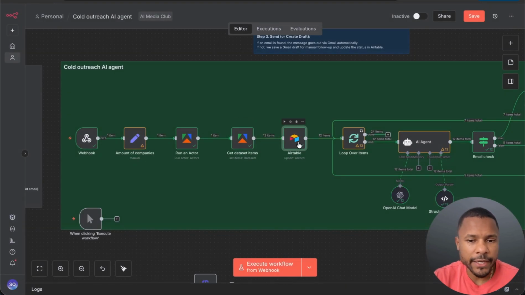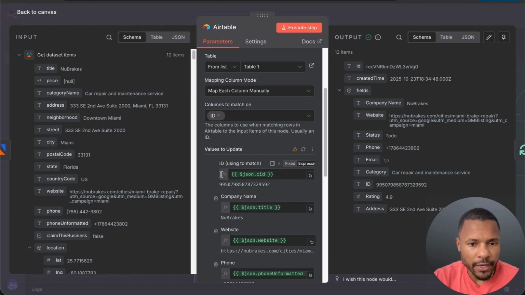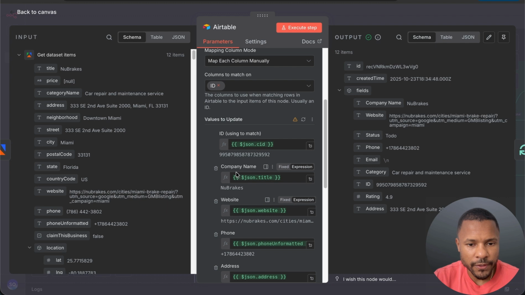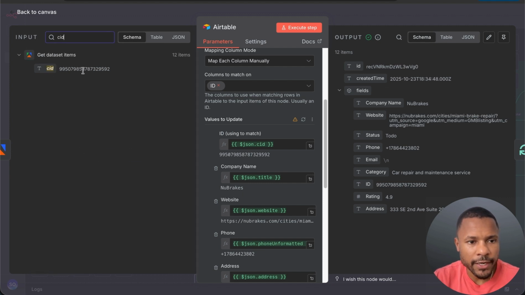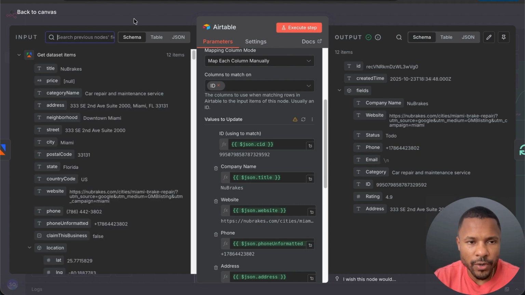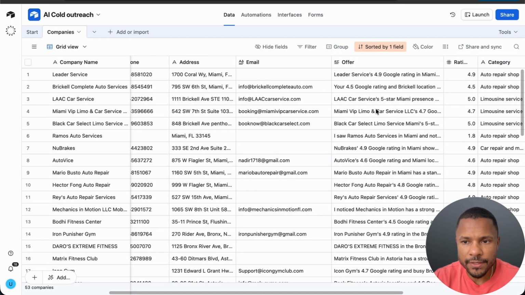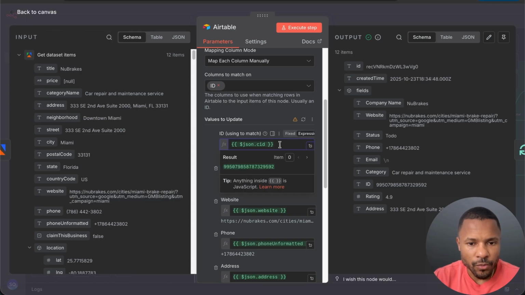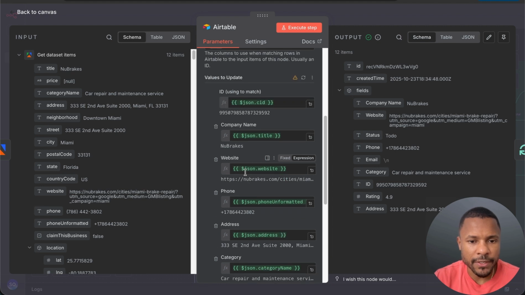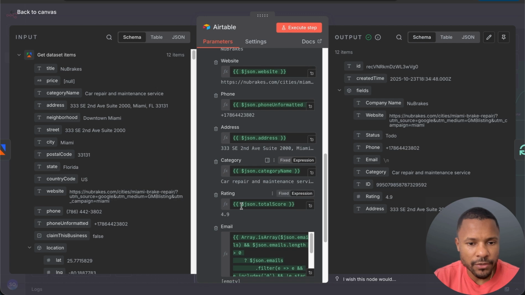Then we update our Airtable database, and basically we just put all the fields just here. ID, this is CID. So this is unique ID number of each company on Google. So we match our database by this CID. You can find it here. This is the ID. So we paste here CID, we paste company name, we paste website, phone, address, category, rating,